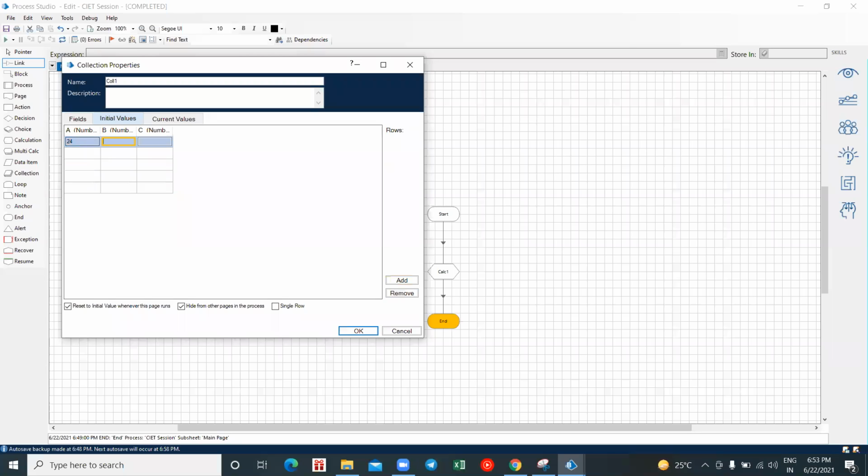So I've given some random 24, random 25, and some random numbers here, just to show you. Okay, so I've given my initial values, and the current values will become available after our execution. Now just click on add.